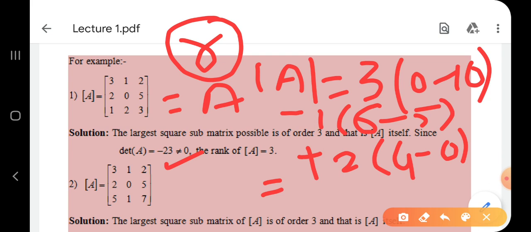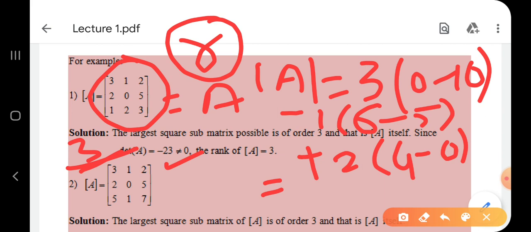And what is the order of that determinant? It is 3. The 3 by 3 determinant we solved clearly. So the rank of this matrix is 3. Understood the concept? Because straight away I get that the determinant of a matrix of order 3 is not equal to 0, so I can say that the matrix has rank 3.